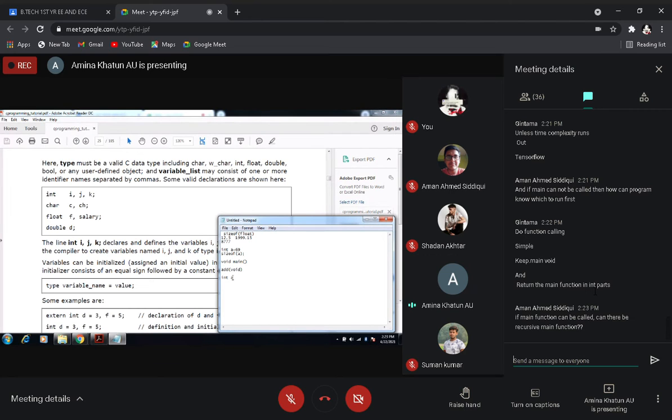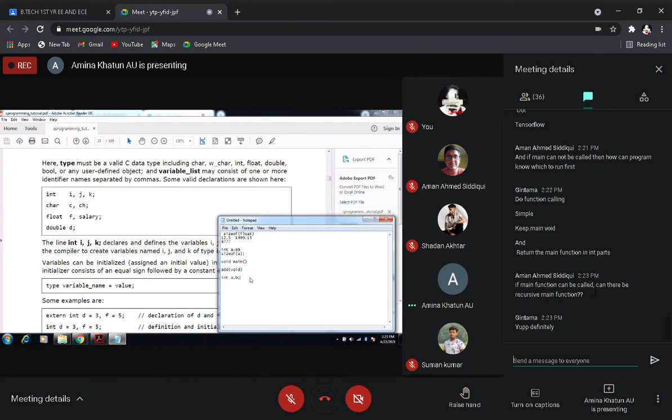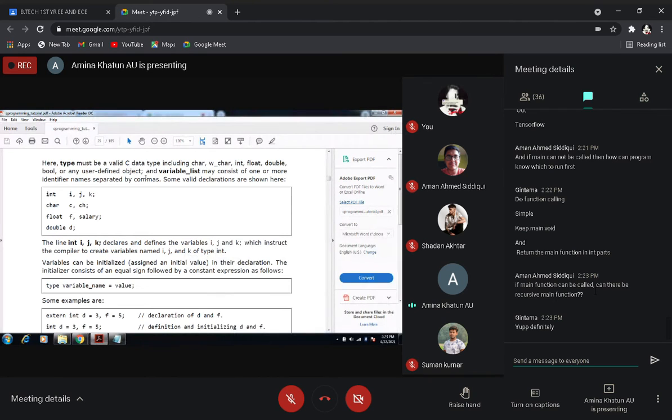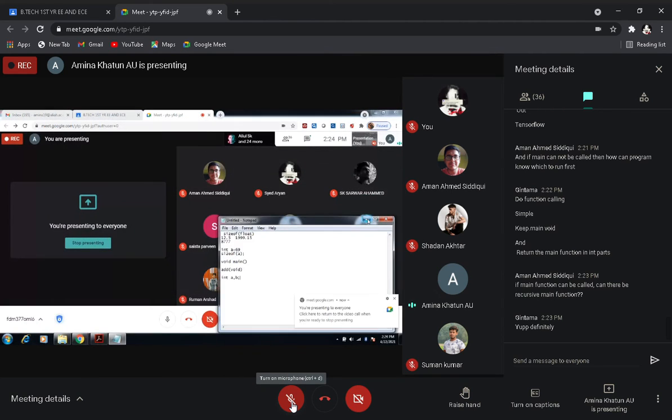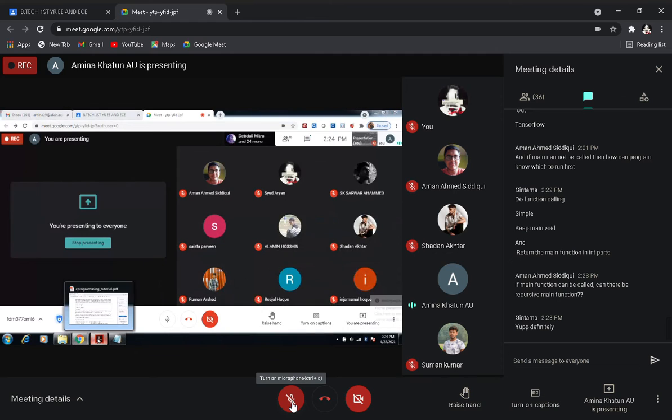If you want to consider A, B as different variables, then obviously you have to put a comma between them. If you have given a comma, that means A is one variable, B is another variable. Do you understand? Hello? No one is answering. Okay. So if you want to use A, B as different variables, you have to define them properly.